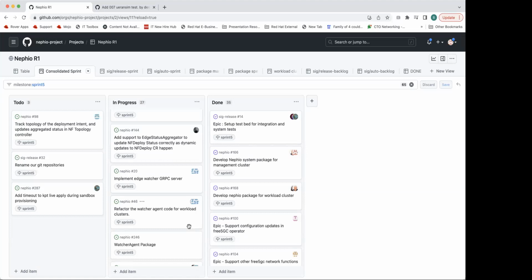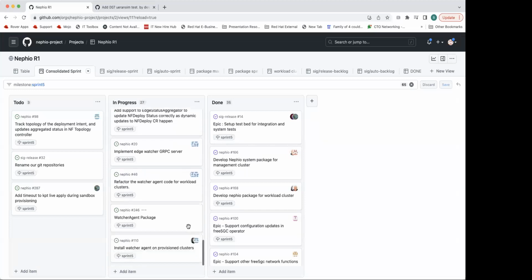Technically, we haven't tested Watcher agents running on the edge cluster, reading the status from the NF operator, so we have to do that too. It's mostly testing effort once we have that. But one thing that definitely won't happen is that ESA and the NF topology controller are not going to be part of the Nephio operator. They'll both be independently bundled as an add-on.